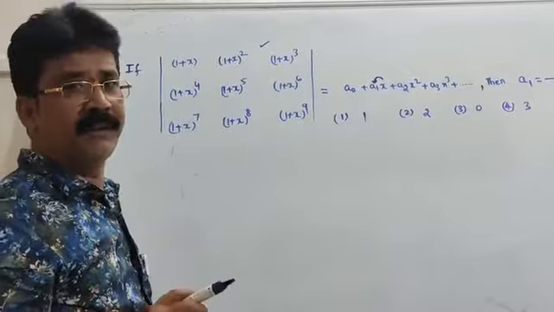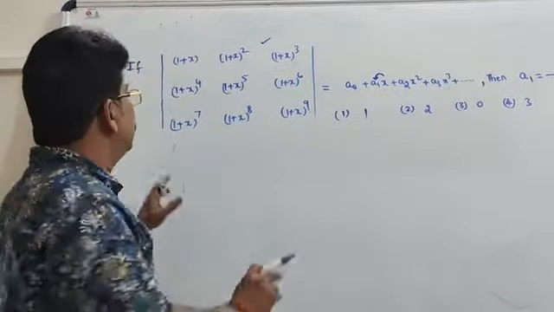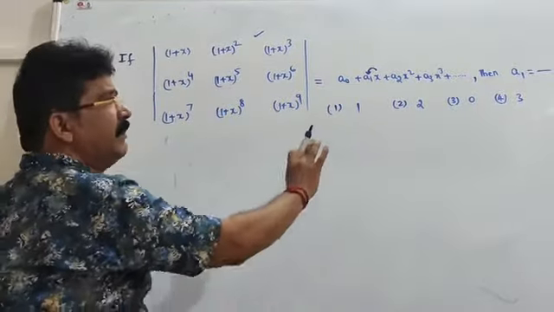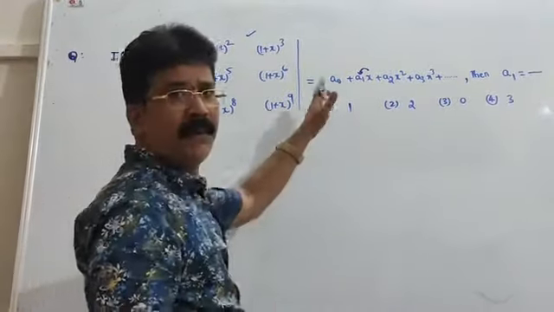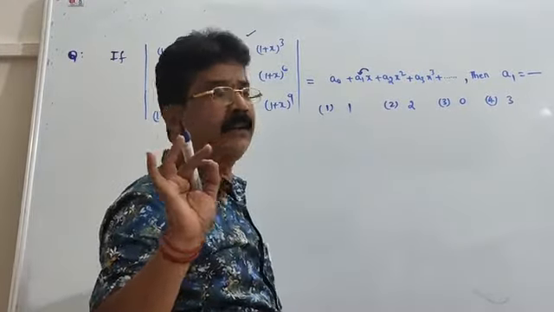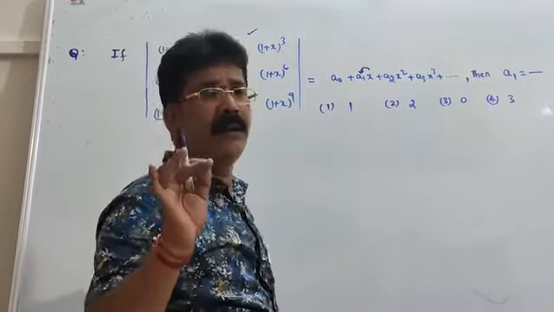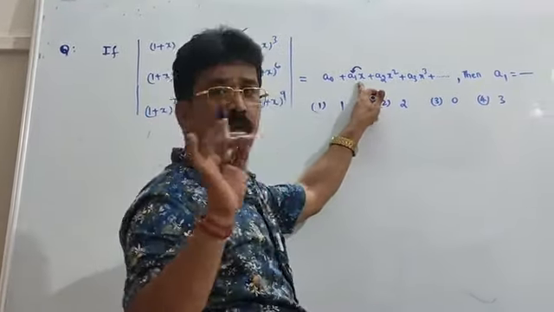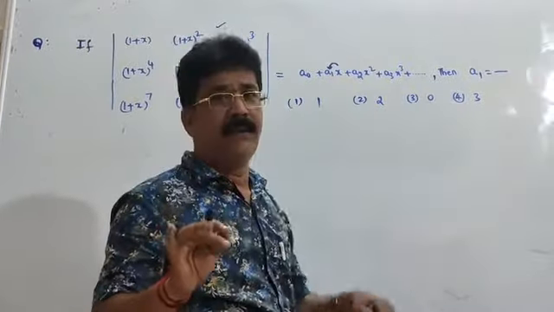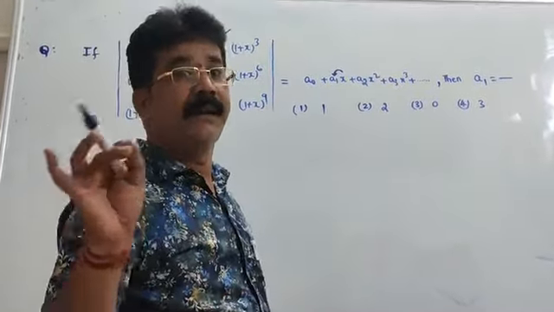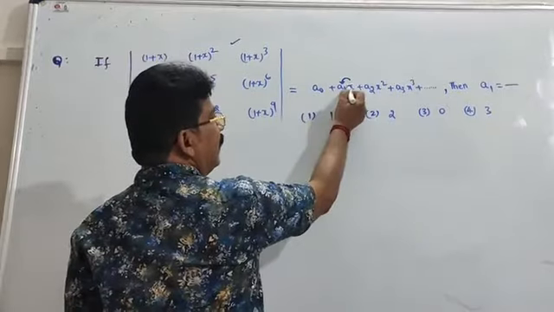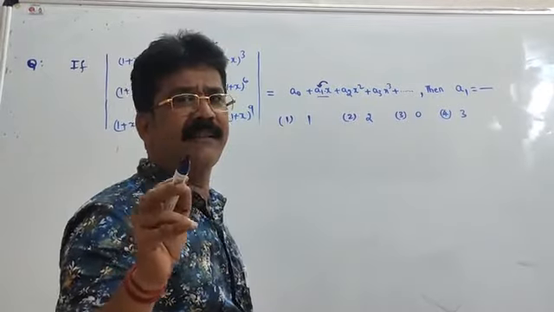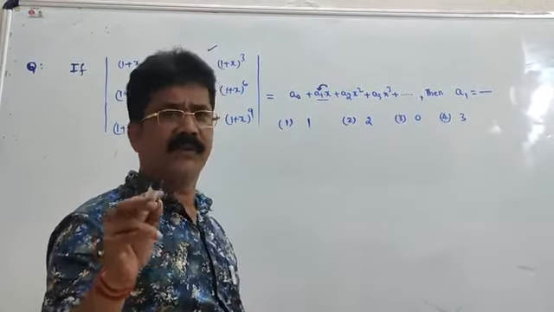So two procedures are there, namely number one, we can open this determinant directly and compare with the given polynomial, and find out the x coefficient. Means compare the x coefficient on both sides. By comparing the x coefficient on both sides, we are getting a1. This is the first method. Second method, we want x coefficient. That's why first we will do the differentiation with respect to x on both sides.